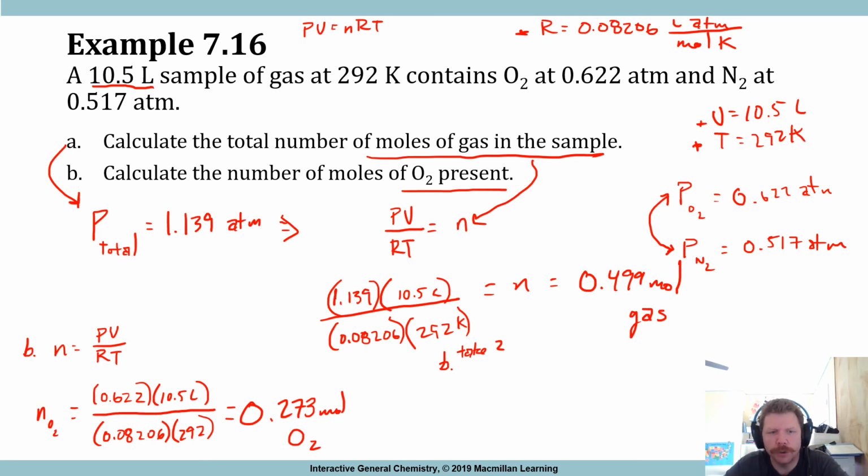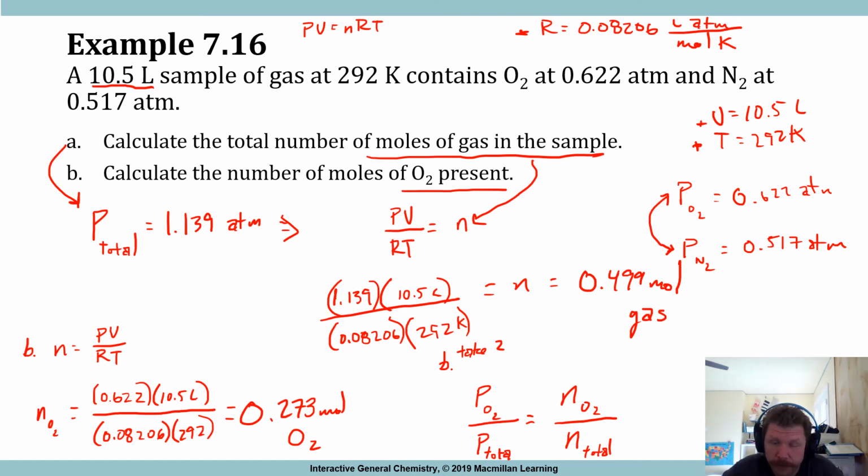So what we're going to do is we're going to say the pressure of O2 related to the pressure total is equal to the number of moles of O2 divided by number of moles of total. And the way that we're going to set that up is I'm going to write it right here,